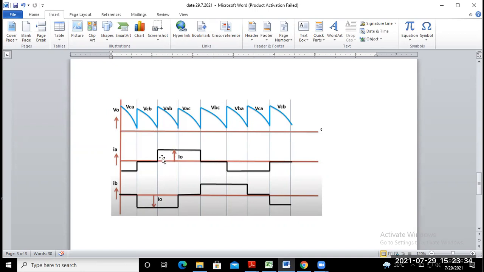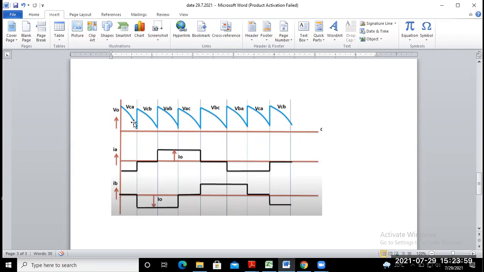Hello, Rahul? Yes, sir. Phase A is clear. Okay, so just tell me about the phase current IB. Just explain this one. It is similar to the first one, phase A, IA. Here VB is not available, so the current is 0. At this point, VB is not available, so the current is 0.